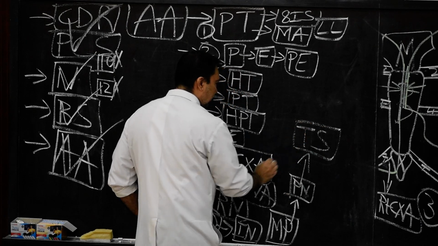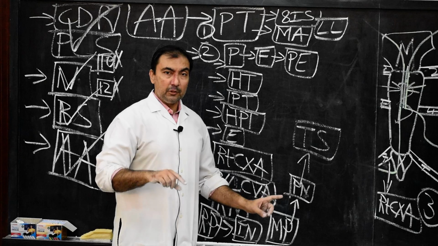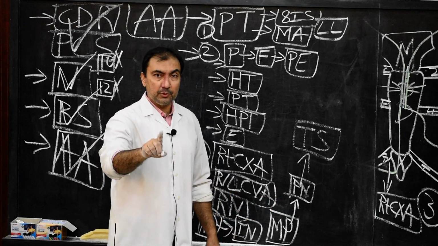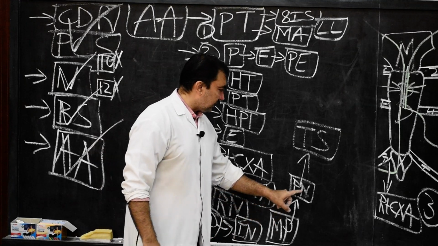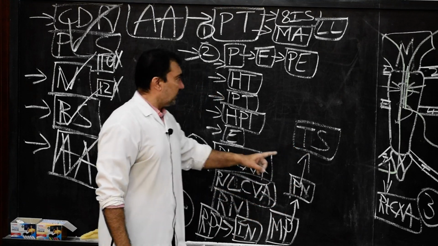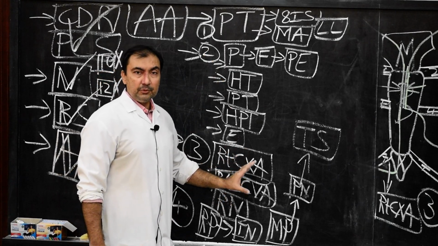This is also asked in MCQ. Pain referred to the tip of the shoulder will be from irritation of the mediastinal pleura and central part of the diaphragmatic pleura along the distribution of the phrenic nerve. So here we finish all the 4 points of the applied anatomy of the pleura. Thank you very much.